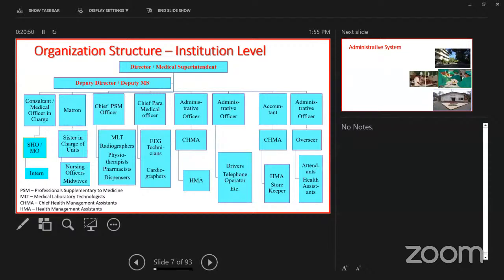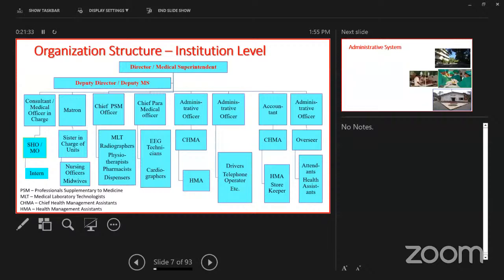So this is how the organization structure is within the nursing services. Then this arm is called professional supplementary to medicine. There are seven categories in this professional supplementary to medicine in Sri Lanka. Those are medical laboratory technologists, radiographers, physiotherapists, pharmacists. Dispensers do not belong to this category. MLT, radiographers, physiotherapists, pharmacists, and the other ones are occupational therapists, speech therapists. So those are the categories that belong to